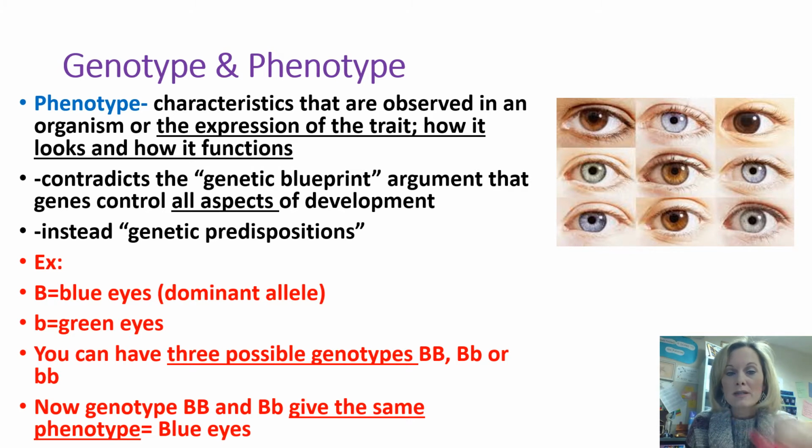Well, if in this example, big B was blue eyes, that would be my dominant allele, and little b is green eyes, then I could have a possibility of 3 different genotypes. I could have big B, big B, because I have blue eyes. I could have big B, little b, because I only need the dominant allele to be just one. I would not have little b, little b, though, because then I would definitely have green eyes. So my genotype is big B, little b, all right? And that is the reason why I have that phenotype.